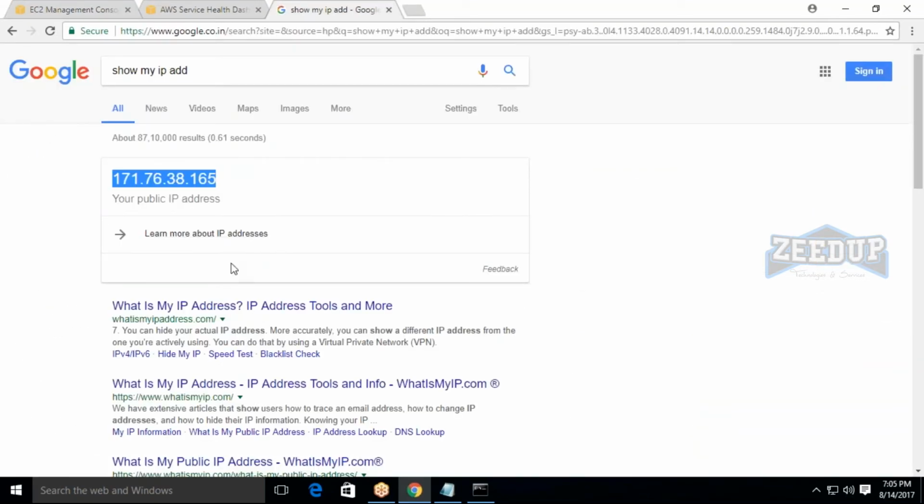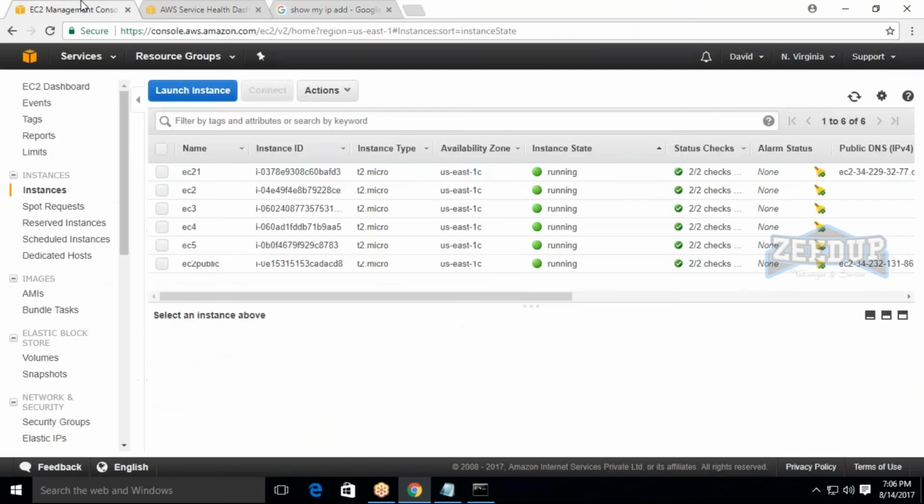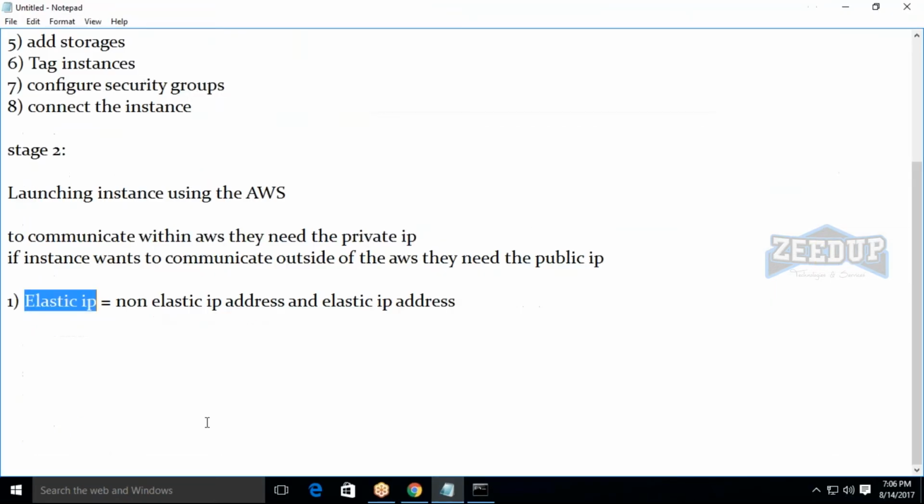This setup is not possible with your ISP settings. Only the cloud vendor will provide you an elastic IP, and normal internet service providers do not have any elastic IP facilities. So the public IP keeps changing based on the priority, based on the weight, and based on the free usage of addresses. This does not happen in your physical data centers. It happens only when you are in the cloud, in something called AWS cloud. That is why elastic IP is important for us. I hope you understand this. So next we're going to understand